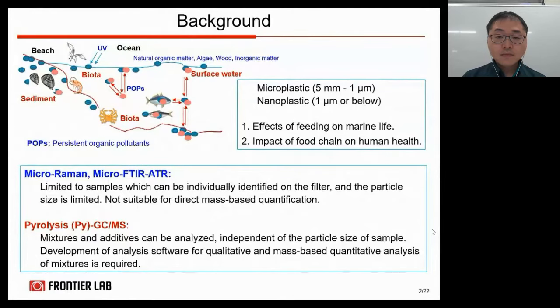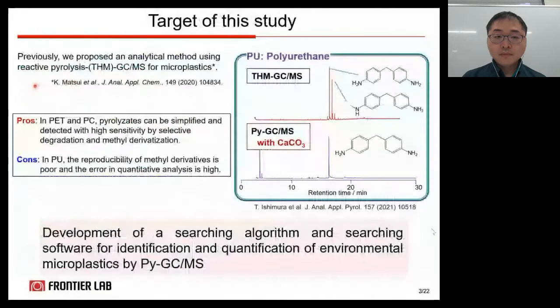However, due to the complexity of the acquired data, there is a need for new searching software for qualitative and quantitative analysis of polymer mixtures or microplastics. Previously, we proposed the reactive pyrolysis, thermally assisted hydrolysis and methylation GCMS method. Its advantages are simplicity and high sensitivity detection of pyrolyzates in PET and polycarbonate samples. However, the disadvantage is that the reproducibility of some reaction products from polyurethane is poor and the error of quantitative